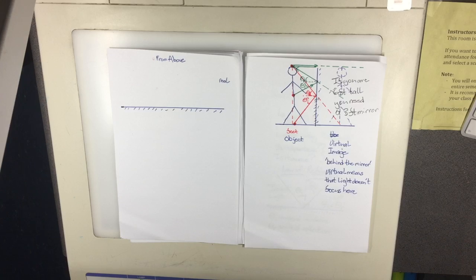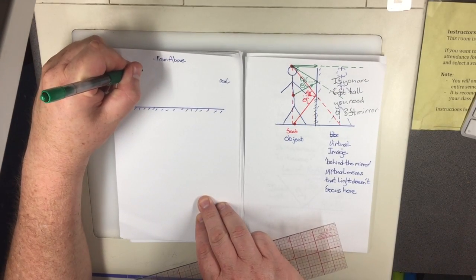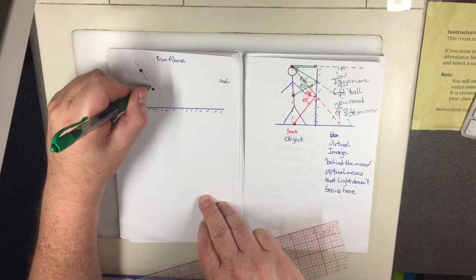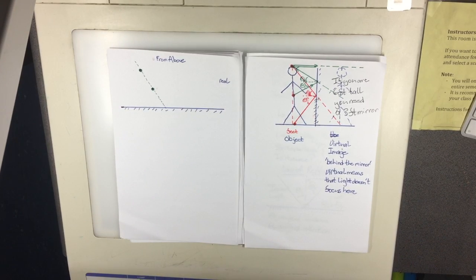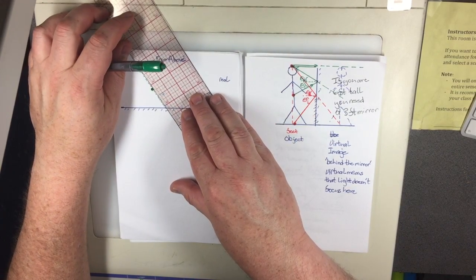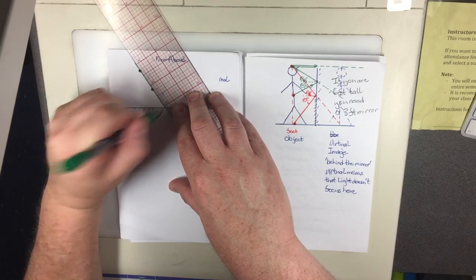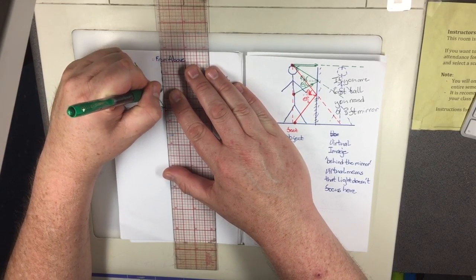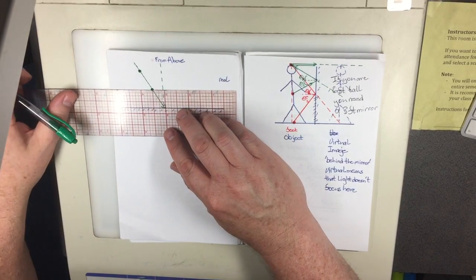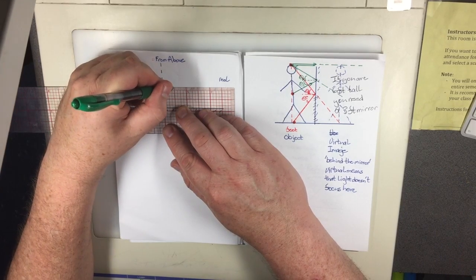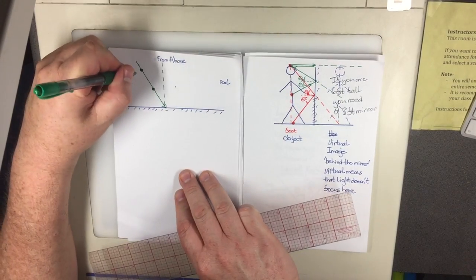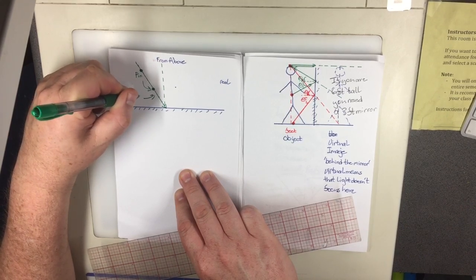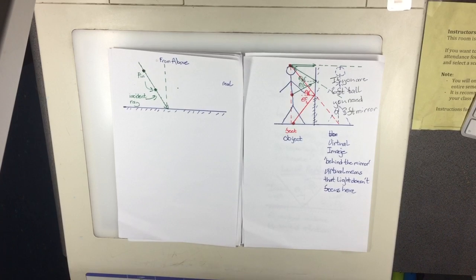And what you're going to do is you're going to take 2 pins and place them so that one is behind the other in a particular direction. And you're going to look at the light that comes from both of those pins and heads in the same direction. And according to the law of reflection, you're going to look back at it. So this is a pin and that's a pin and this is the incident ray. And what you're going to do is you're going to look